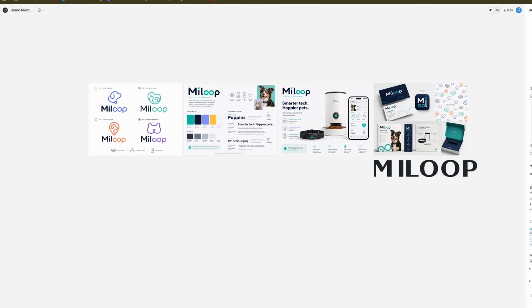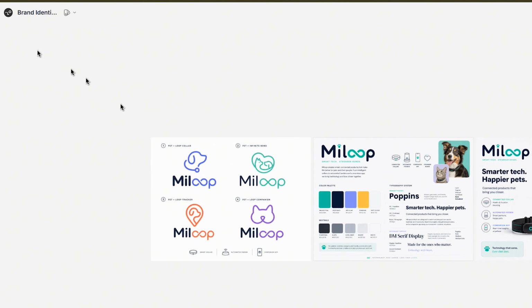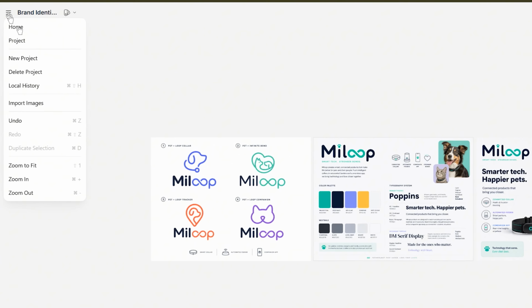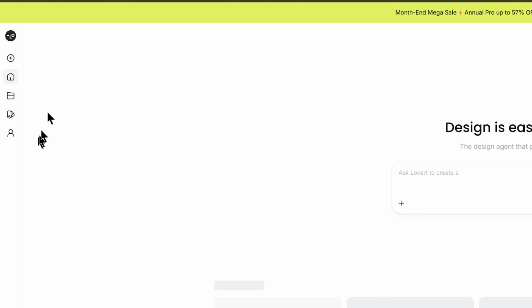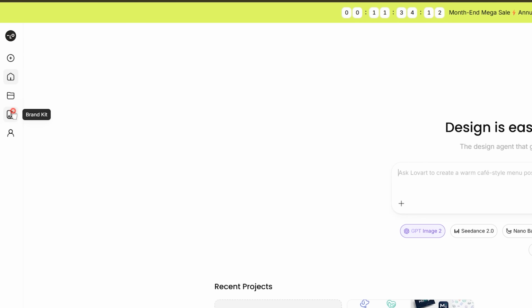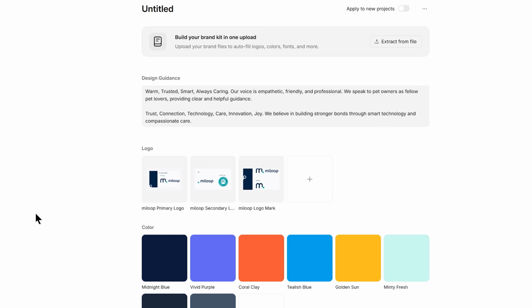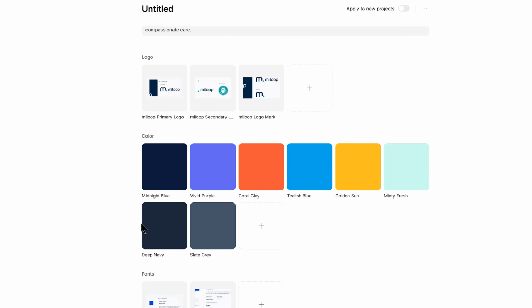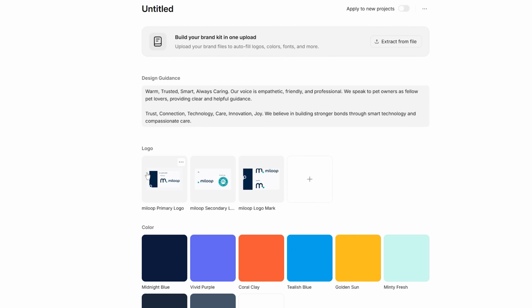So let's start building the brand kit that will set up the whole theme for our brand. For that, I'm gonna click this icon over here, go to my home page, and click brand kit from here. This has filled some details for us automatically, but we have multiple options. The first option is that we upload every single requirement, and the second option is that we go to our home page and to our canvas and tell AI to create a whole brand kit automatically for us, which is an image that will include all the details for our brand.